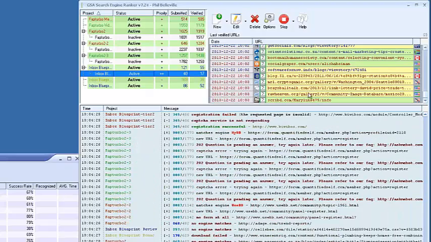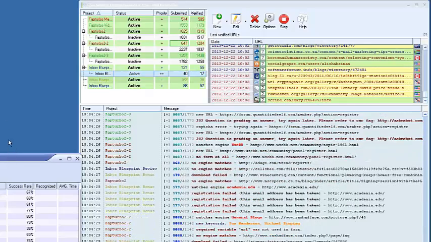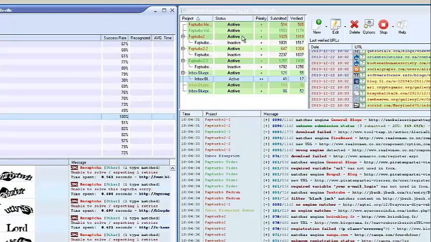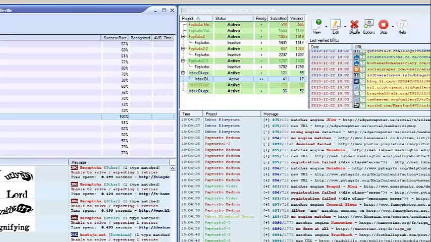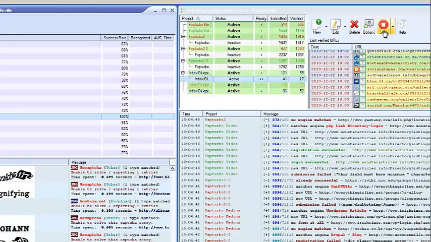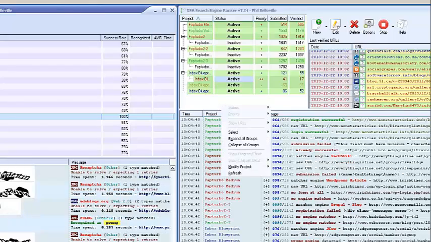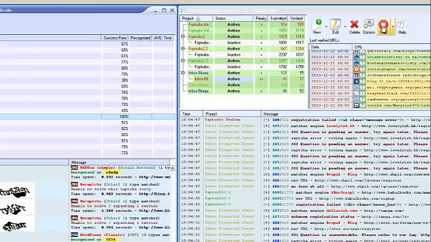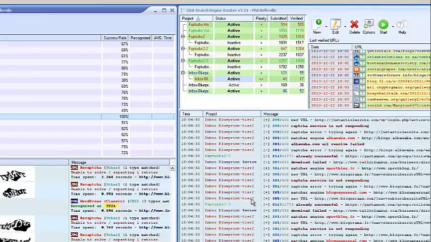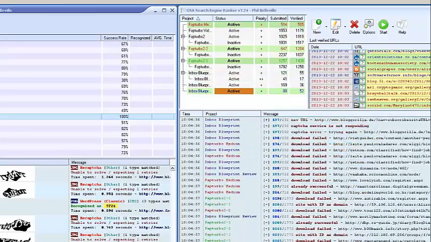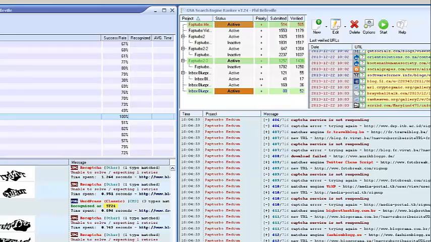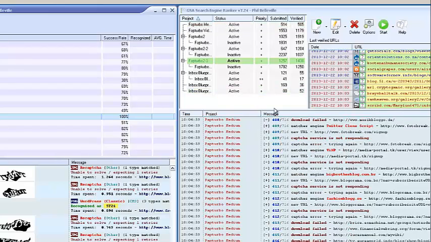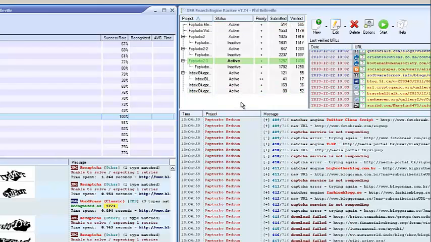Something else you're going to want to know about GSA Search Engine Ranker is that when you go in here and change settings, oftentimes it saves and resets when you push the stop button, right? You'll notice all the campaigns that are running are green, the ones that are not running are white. You push the stop button and they'll slowly stop. They'll tell you here that they're stopped, and they'll go from green to white when they're all stopped. You've got to wait till all of them stop, and then GSA remembers all the settings and everything